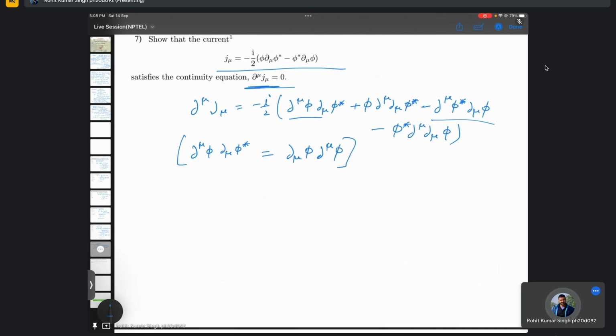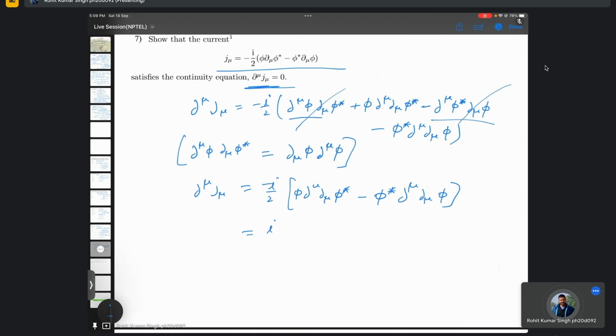This is the same thing. So this one and this one cancel, okay? And what you get is minus phi star del mu phi,